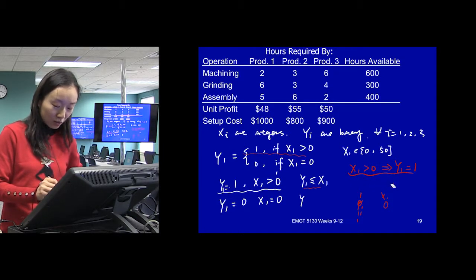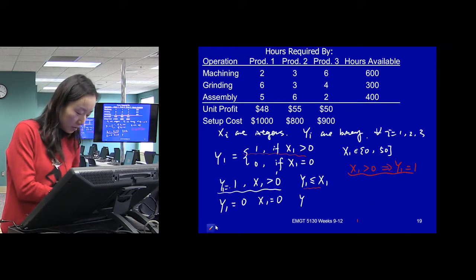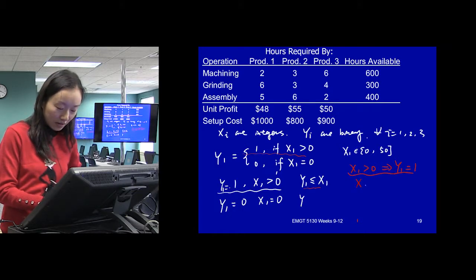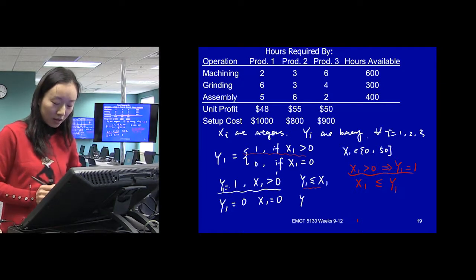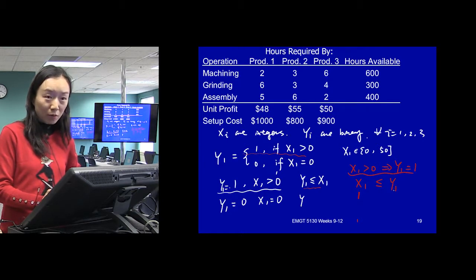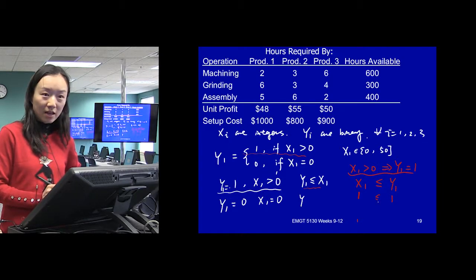I'll just change the x1 to the left-hand side. Let's change the sign. If x1 is less than or equal to y1, now if x1 is greater than 0, and it's a binary variable, it's 1, then we will be able to force y1 to be 1 using this sign here, because we set it less than or equal to, right?